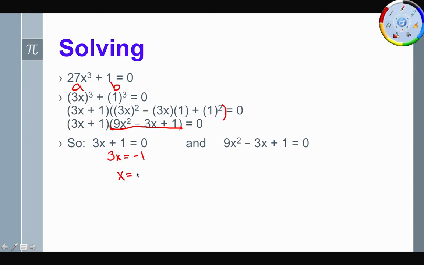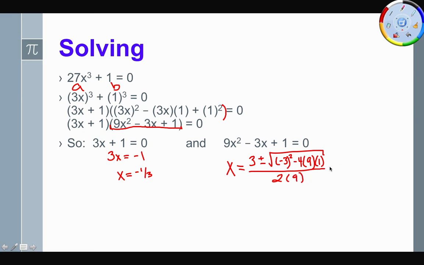So we get x is equal to negative 1/3. The second one is a non-factorable quadratic, which means we need to use the quadratic formula. So it's going to be x equals the opposite of b, so positive 3, plus or minus the square root of b squared, so I'm going to write that down in here, negative 3 squared minus 4 times a, which is 9, times c, which is 1, all divided by 2 times a, which